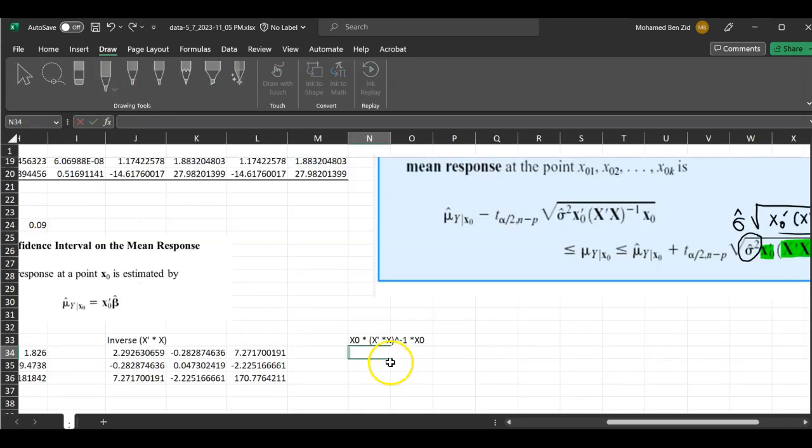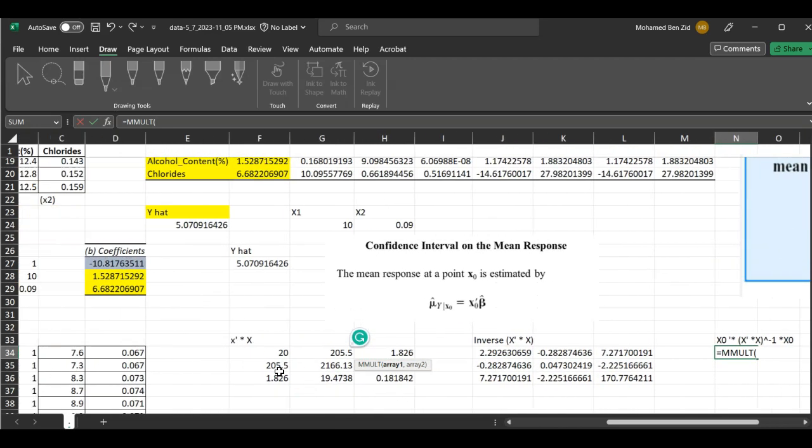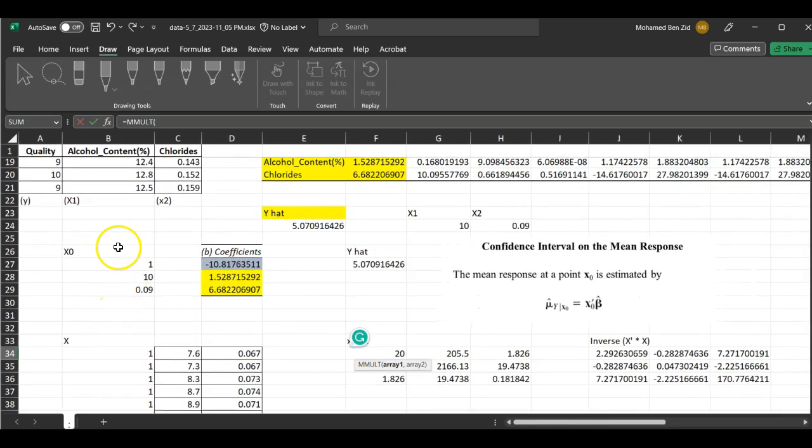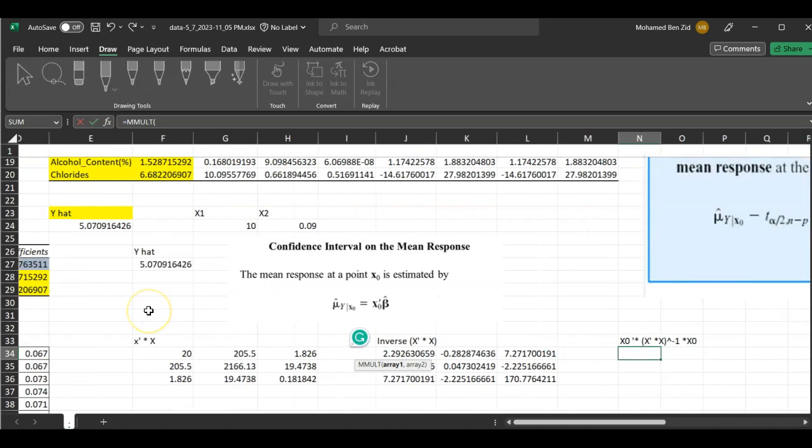Okay, so here I forgot to put the prime, the transpose, and the multiplication I'm going to start with is a multiplication of two matrices, because in Excel you can multiply only two matrices at a time, and we have three matrices there. So I'm going to start with multiplication, select it, and I'm going to select the transpose of x0. So this is x0, remember, x0 is right here, right? So I'm going to select x0 and transpose, right? So I start with transpose